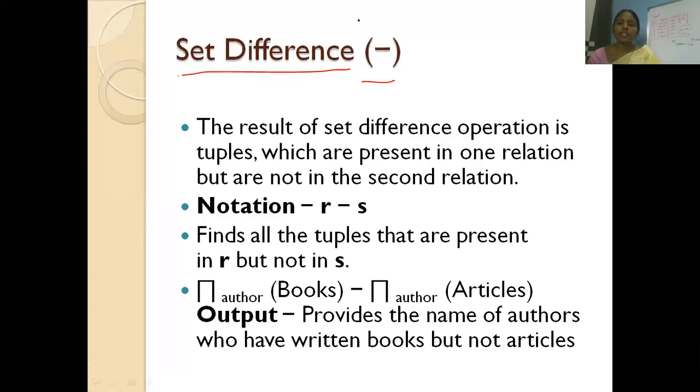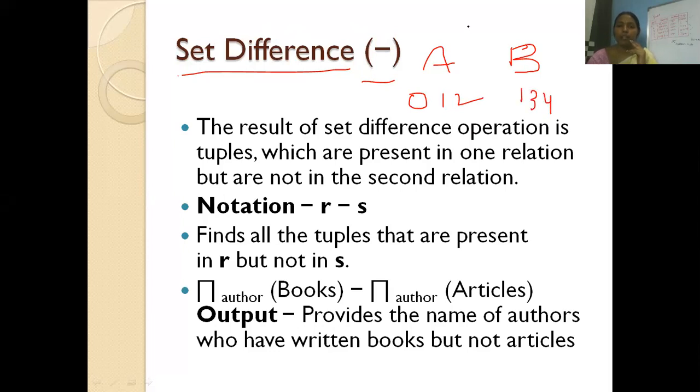Set difference is nothing but minus. For example, I have a set A and a set B. In set A, I have elements 0, 1, 2. In set B, I have elements 1, 3, 4.